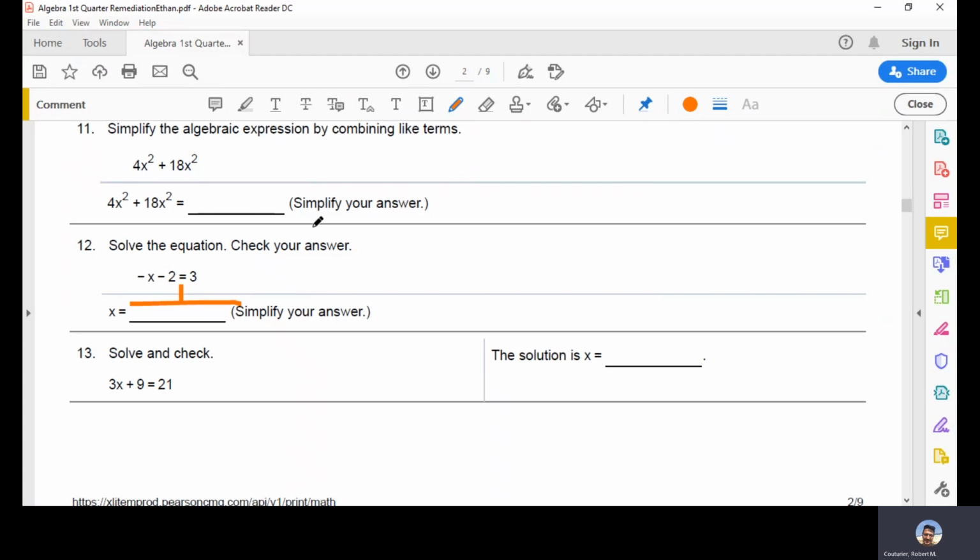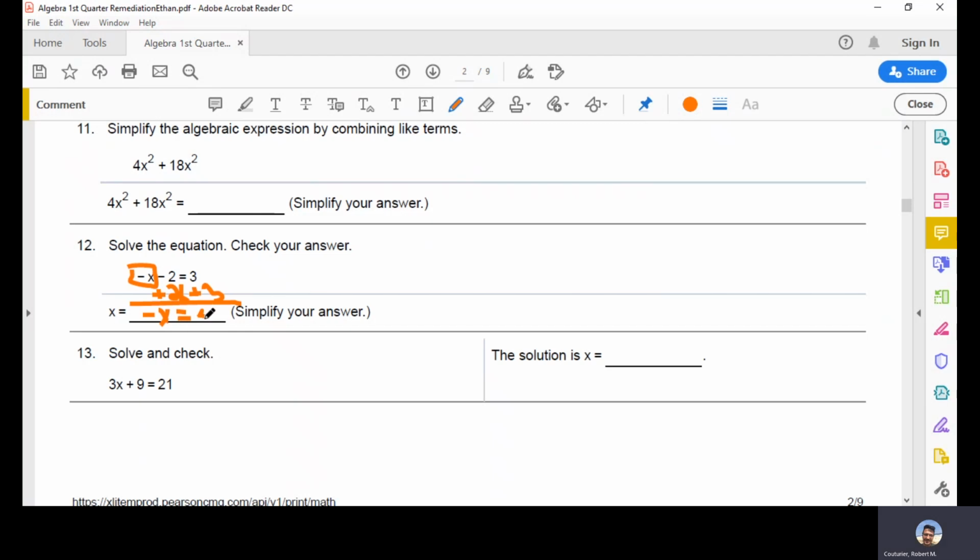So first off, if we take a look at this, our variable is the negative x. Remember, that's a -1 being multiplied by x. We need to move everything else to the other side of the equal sign. So in order to move a -2, well, the addition/subtraction property of equality says we can do that. Simply add the opposite of what you see. So we have a -2, add a +2 to both sides. Now you have a -x